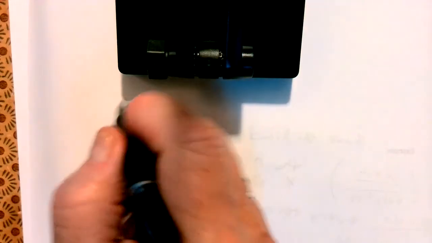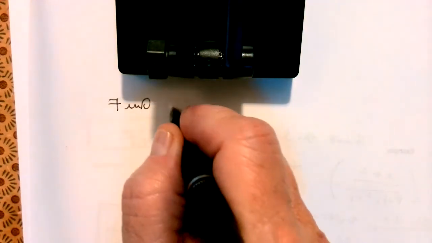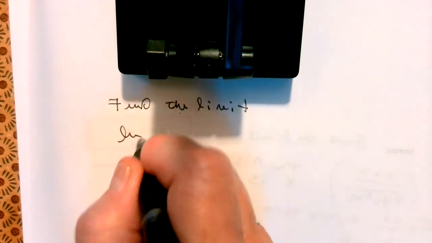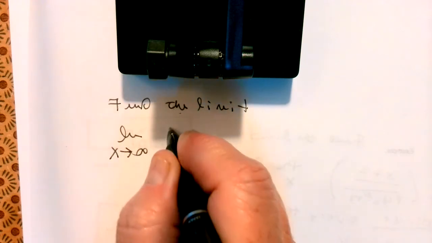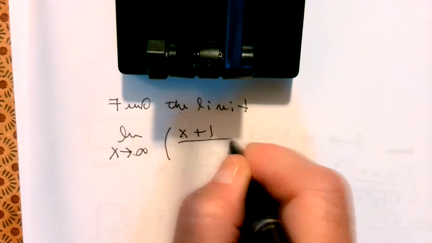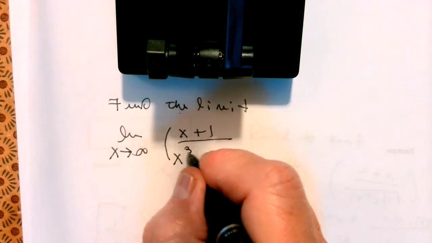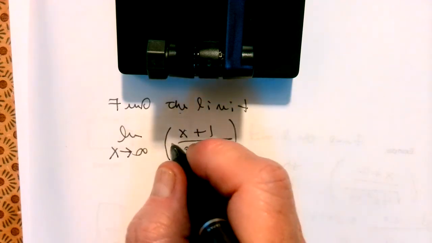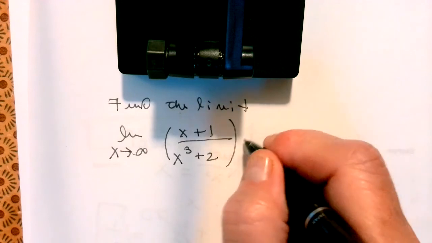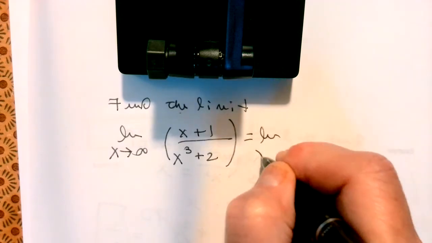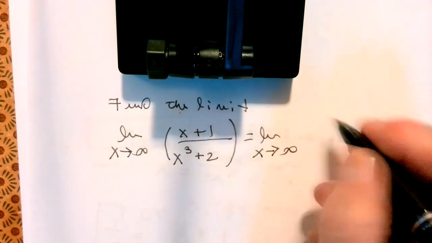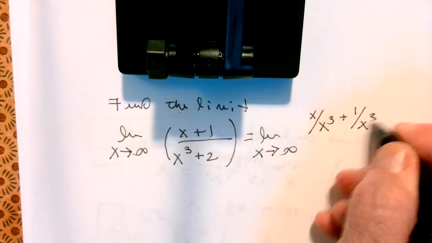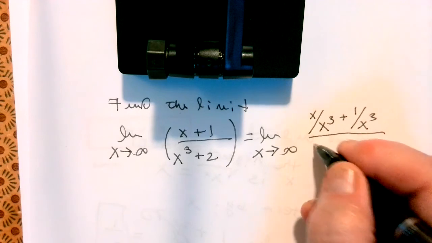Let's find the limit. We've got the limit as x goes to infinity of x plus 1 over x cubed plus 2. Now, we can go ahead and do our dividing. Why don't I just show you? So the highest power of x is x cubed. So if I divide x by x cubed, and the 1 by x cubed, and the x cubed by x cubed,